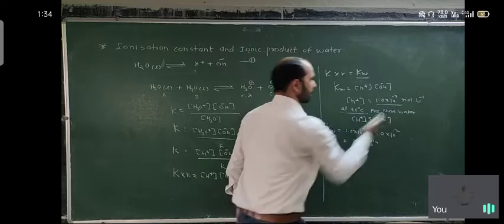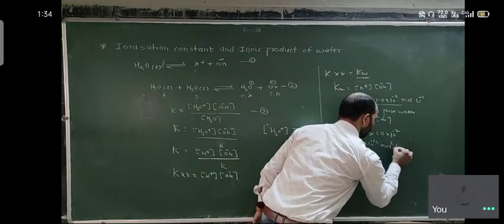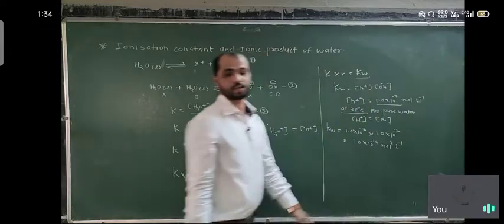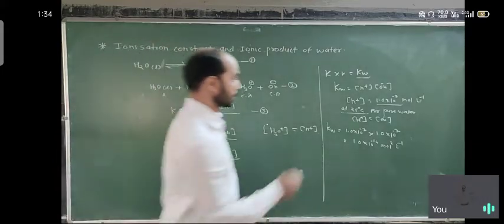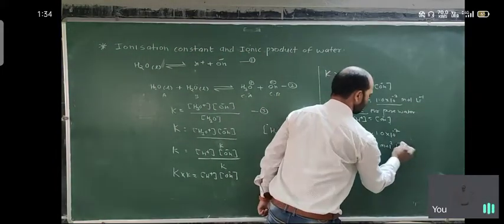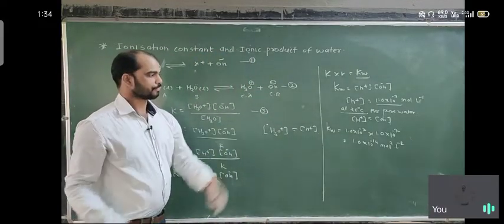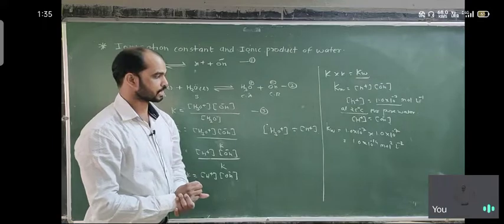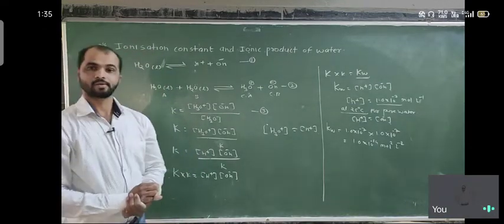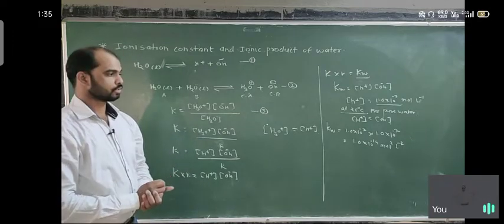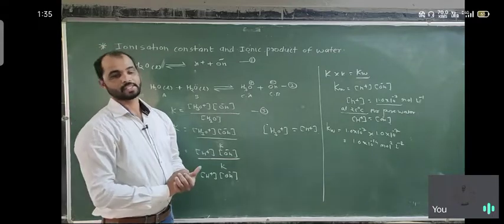So here mole per liter means it is the mole square per liter. Mole square per liter is the value to be considered. Minus 2, so mole per liter is minus 2. Okay, because there is a multiplication. So this is the Kw. It is how much? It is 1 into 10 raised to minus 14 mole square per liter square. So it is the ionic product and dissociation constant of the water.